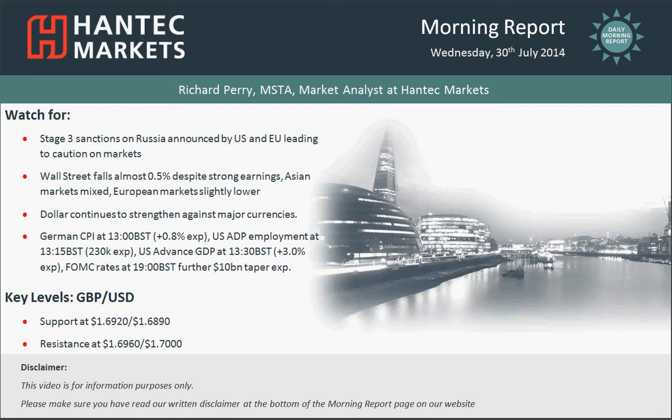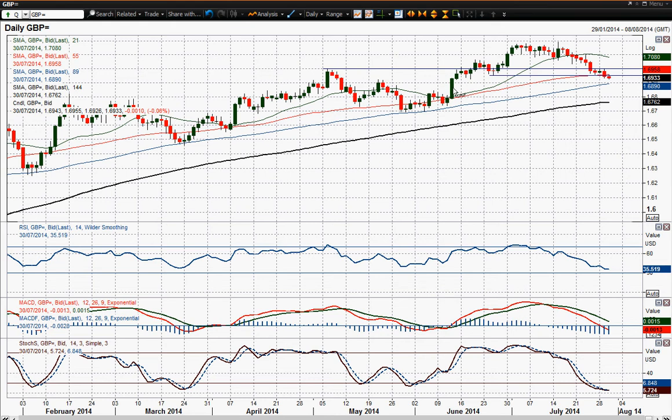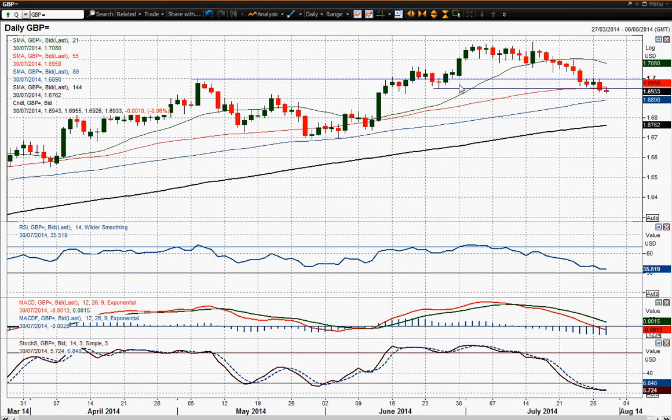Moving quickly on to cable now, and I've just talked about the euro dollar that continues to fall, and cable continues to fall as well. There's no stopping this chart at the moment. However, this 89-day moving average capped the downside, or stopped the downside anyway, February, March, May and June, and we're not far off there now, 68.90, which is only 40 pips away from where we're trading currently. Although you would argue that at the moment the supports are not really doing too much. I mean, the next support comes in around about that 69 big figure mark, so that could be a bit